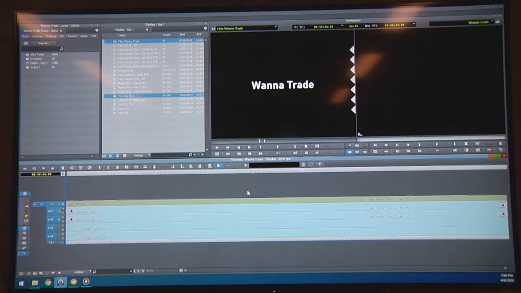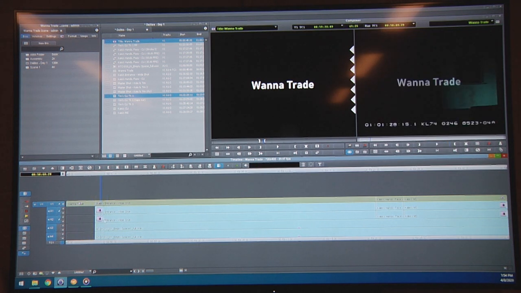I also need to think about what type of edit I'm going to do, splice or overwrite. I don't want to erase anything here at the beginning. I want to push it all down, so that's going to mean it's going to be a splice edit. So that's the yellow arrow edit. If you're using the shortcut key on your keyboard, that's the letter V. So that title got added,